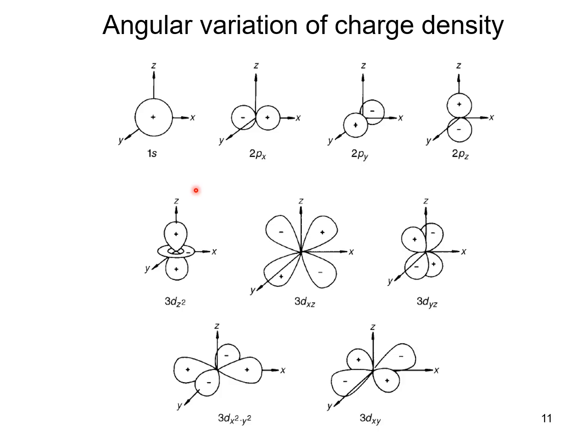Now you can see the different shape and also the size of the orbital. We have the 1s orbital, which is a sphere, and then we have the p orbital with the principal quantum number n equals 2, and the L value equals 1, and the Lz value ranges from plus 1 to minus 1. So it has the values plus 1, 0, and minus 1, which correspond to the px, py, and